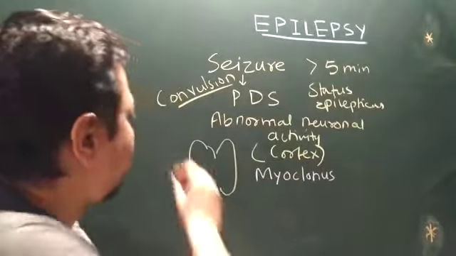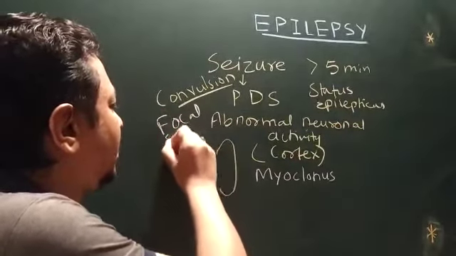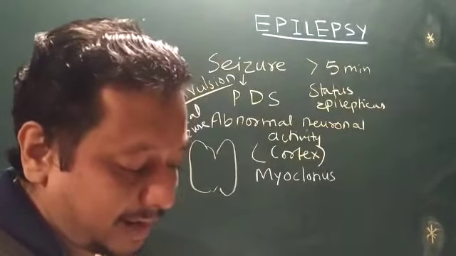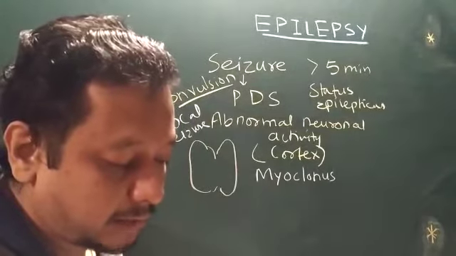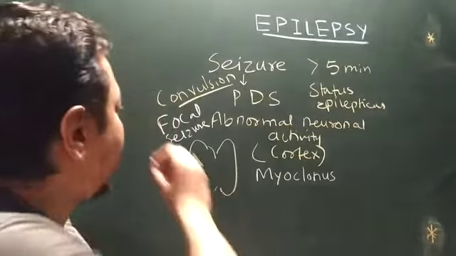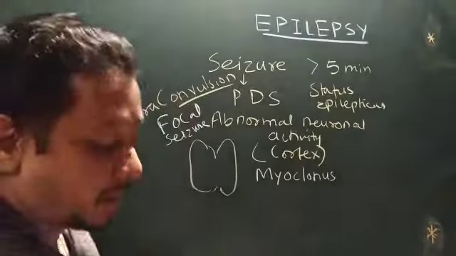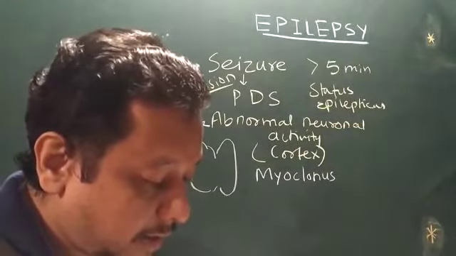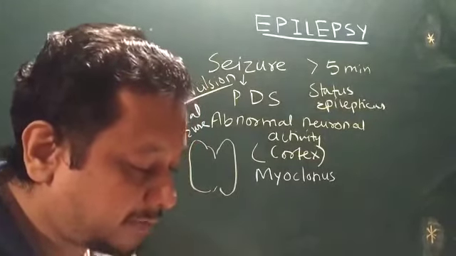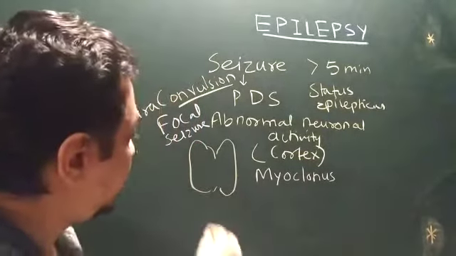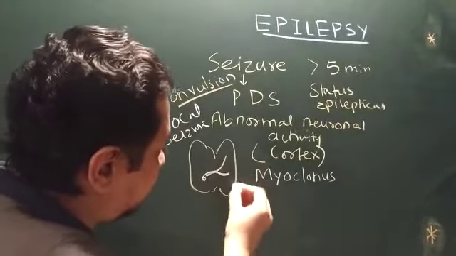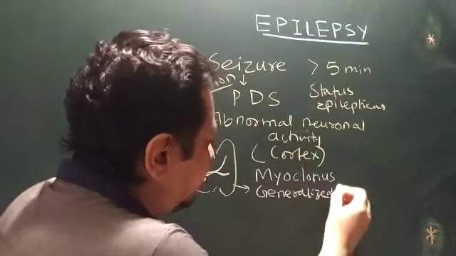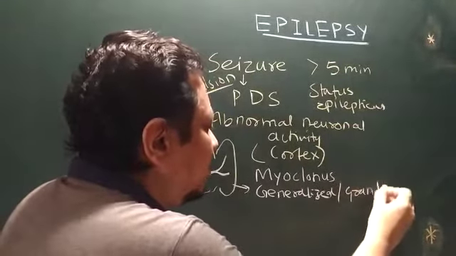Now you have one seizure known as focal seizure. Focal seizure is nothing but only one hemisphere of the brain is affected, and focal seizure is characterized by an aura, that is nothing but a perceptual disturbance. But when a focal seizure spreads from one hemisphere to another hemisphere, then it is known as generalized epilepsy, or you can say grand mal epilepsy.